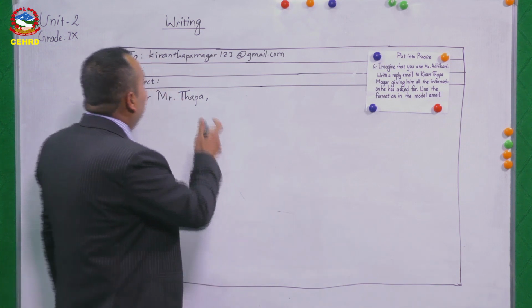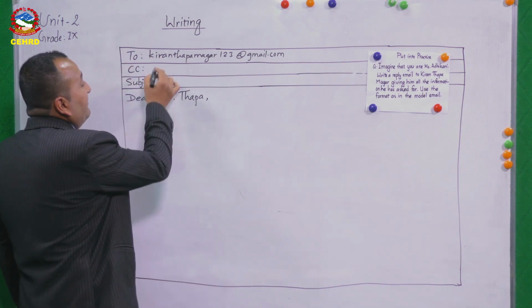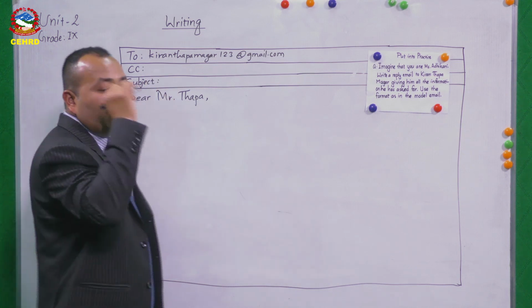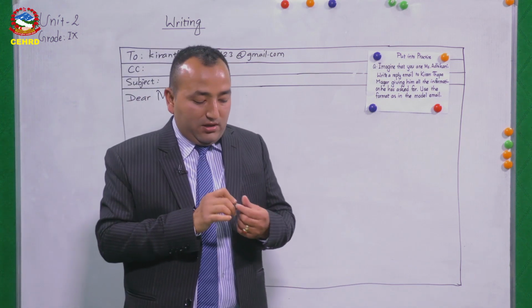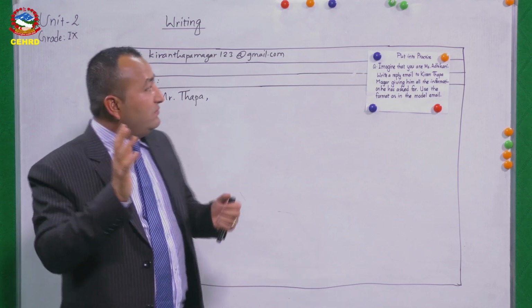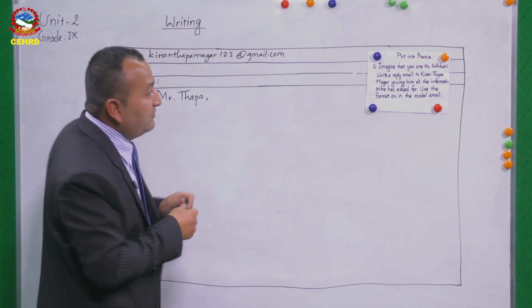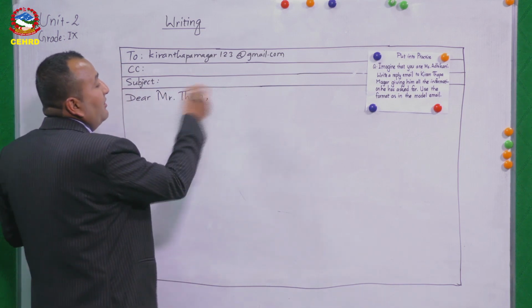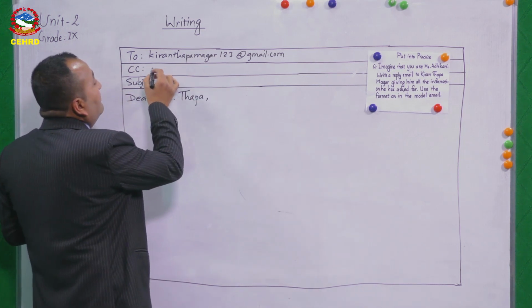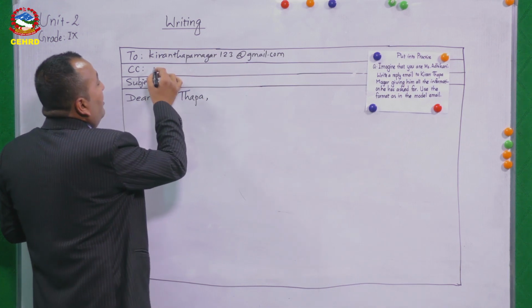So don't worry about this. Then, if you want to send this same message to some other people also, if you want other people also to know this, then that time you can just type the other things like